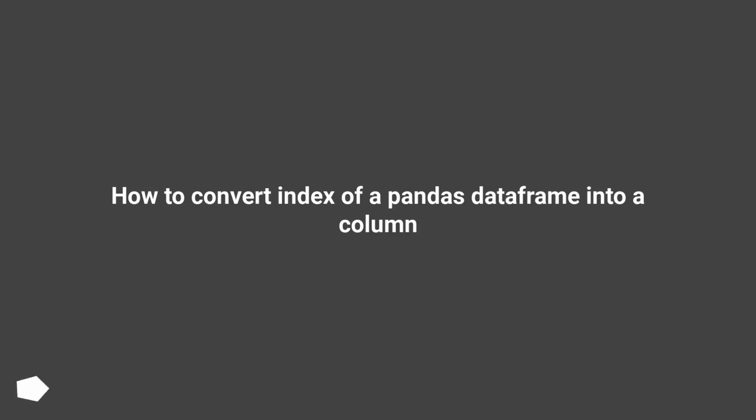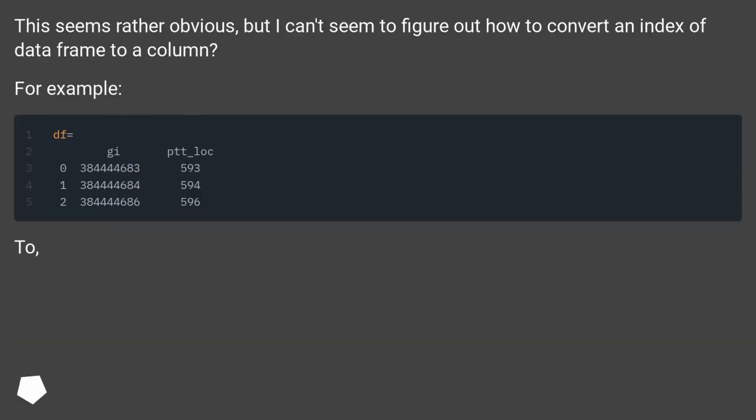How to convert index of a pandas data frame into a column. This seems rather obvious, but I can't seem to figure out how to convert an index of data frame to a column. For example,